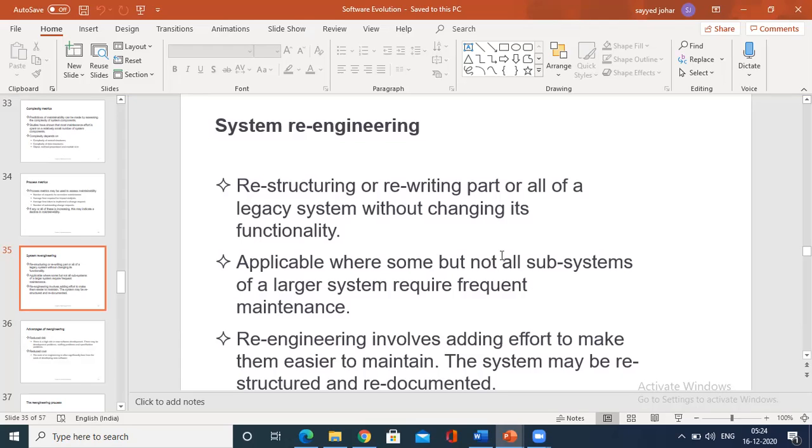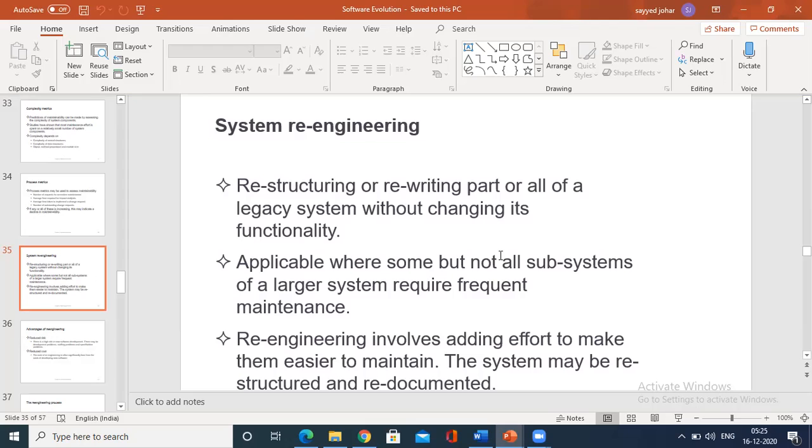Let me consider a legacy system. You know what is the meaning of legacy system? It is a traditional system, which is old, tied to old software or hardware, and difficult to understand and change. The programs have to be optimized in order to improve the performance. In order to make the legacy software system easier to maintain, we can re-engineer the system, in order to improve its structure and understandability.